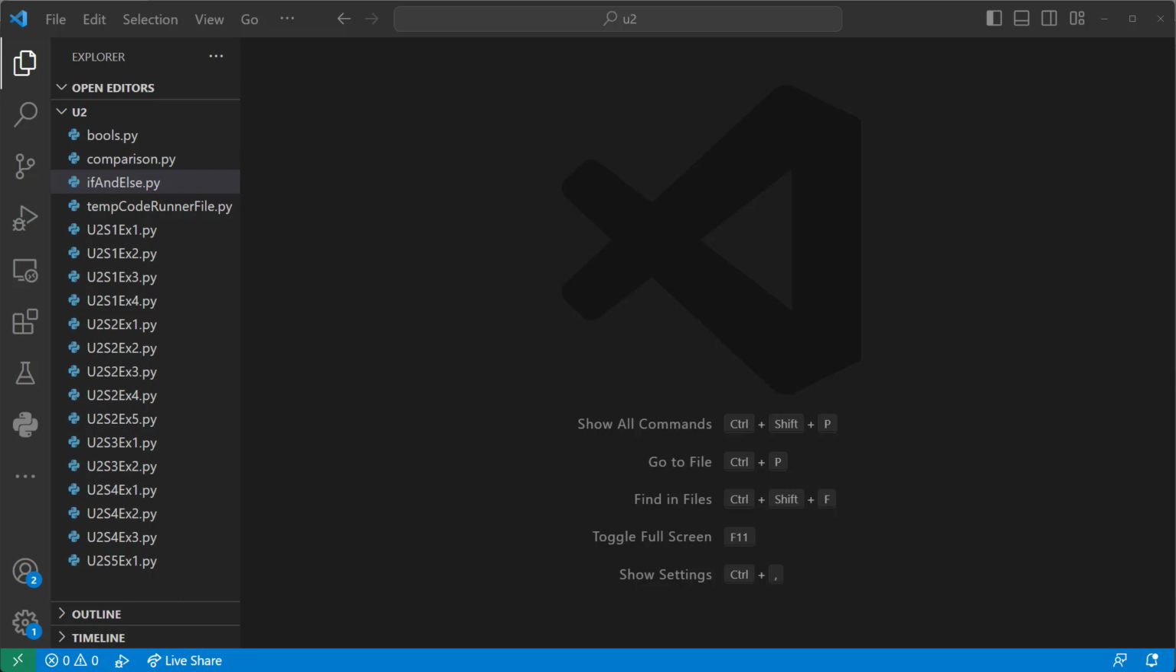Okay, so last time we covered if and else statements. This time we're going to cover something unique to Python. It's called elif, which is just short for else if, which is common in other languages. But Python calls them elif. So I'm going to start by making a new file, call it elifs.py,